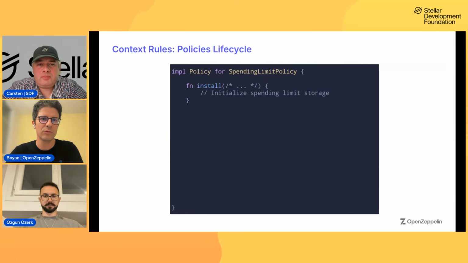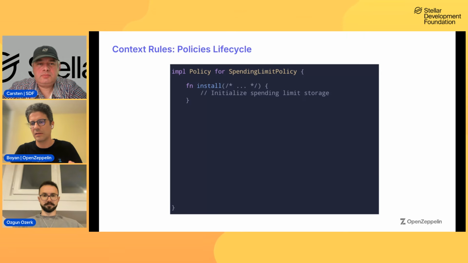Now, if we look into this spending limit policy, it is, let's say, a stateful policy and it is shared across multiple smart accounts. When this policy is added to a context rule, the install hook is called, and this inits the storage for the calling account and sets the amount and the time period. For example, here we will have 100 USDC and 1 month. These are the init params that are